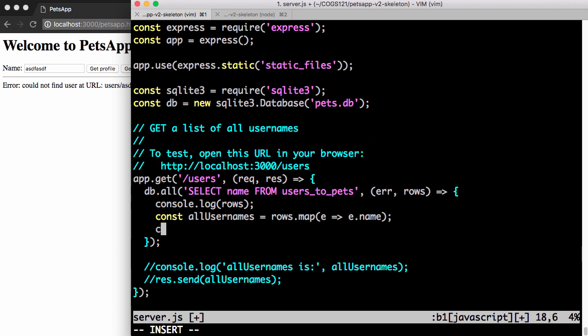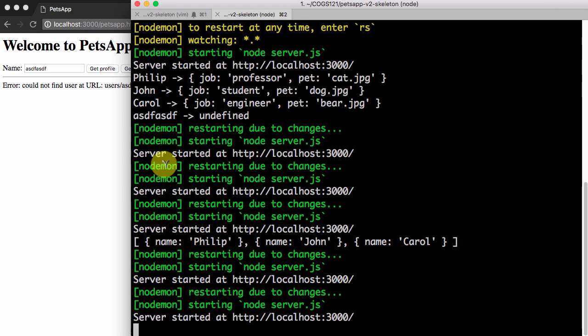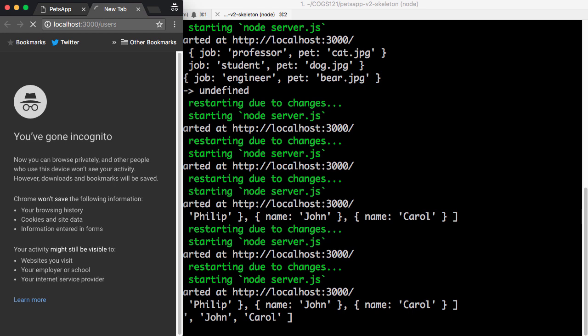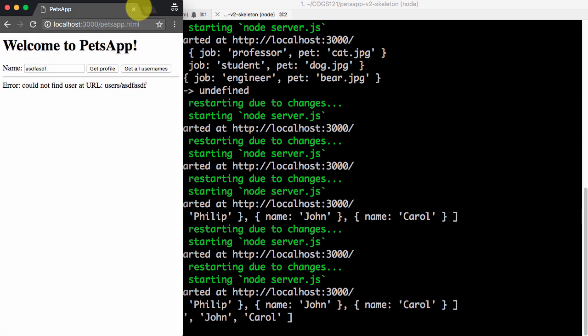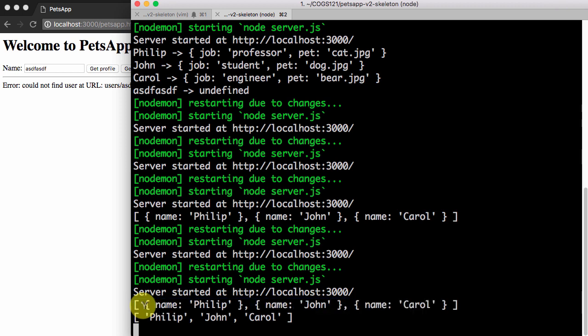So when I save, I'm just going to console.log allUsernames. And when I do that, I'm going to visit this page. Everything reloads nicely now. Now watch the bottom. What happens? When I go to users, presto. This was rows, remember, I had 3 objects. And then when I did the map, allUsernames now cleanly has Philip, John, and Carol. We pulled out the name